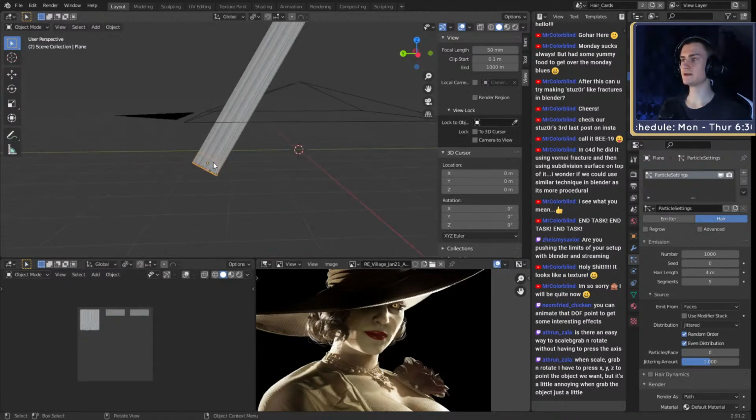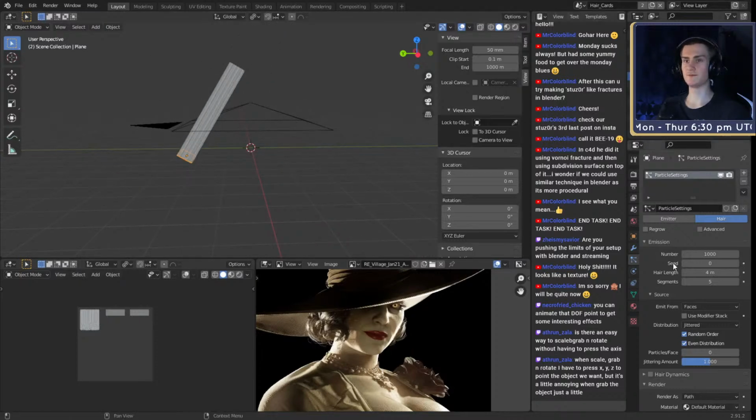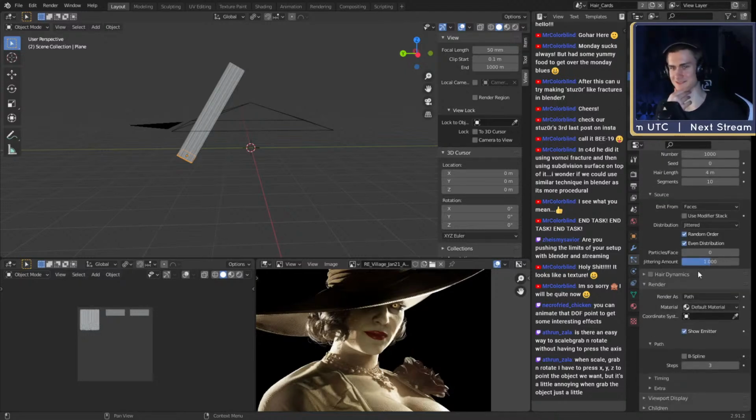With this technique, we have to brush them down, which disables the option to change the number of hairs and also the seed and hair length and segments. We can adjust everything basically except the segments and the number. I mean, we could just add more. So I guess the only thing we'd have to keep in mind is the segments. We could probably bump that up to, I would say 8 should be enough. Let's say 10, we're being generous.